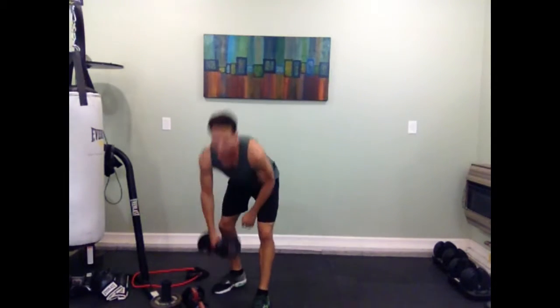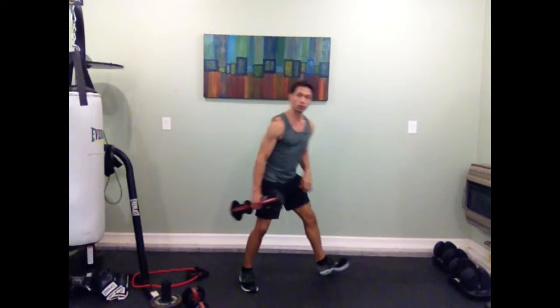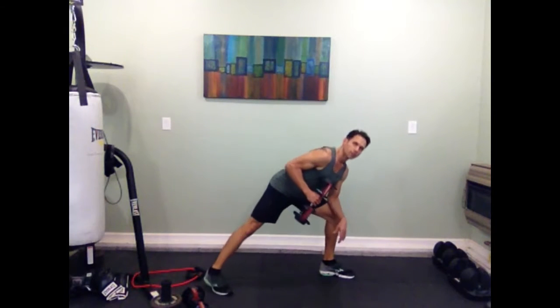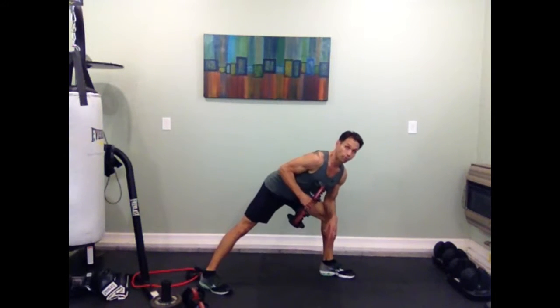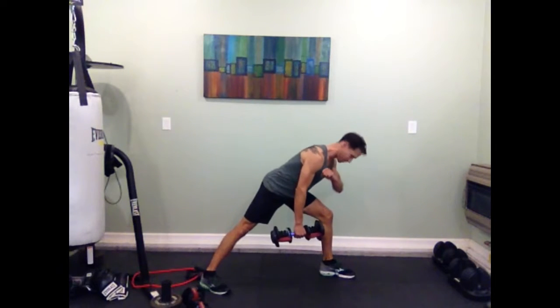Okay, next thing, one-arm row kickback. So you'll choose a weight that's a little bit light for the row, but just right for your tricep kickback. So you might be working in the, who knows, 10, 12, 15. If you're a rock star, 20 or more pounds. You can use a bench if you want. I'm just using my knee,